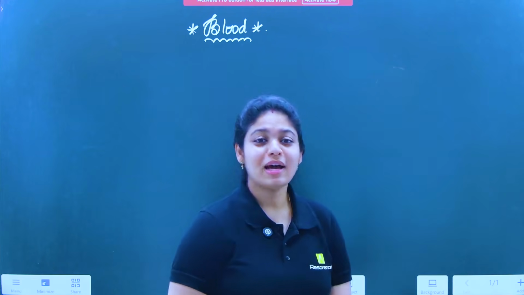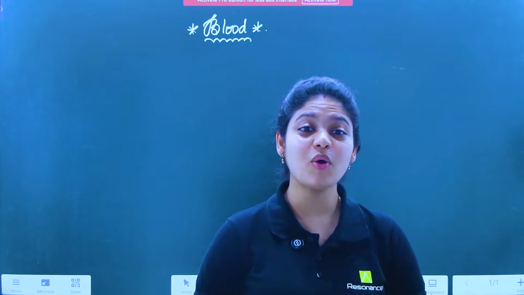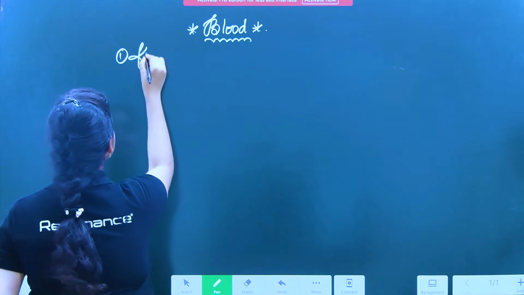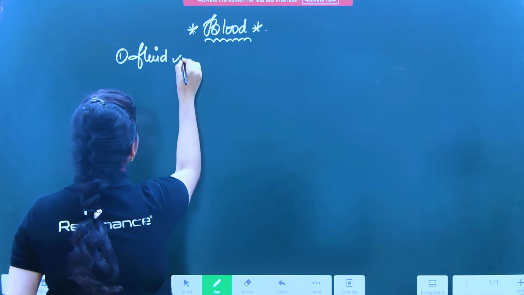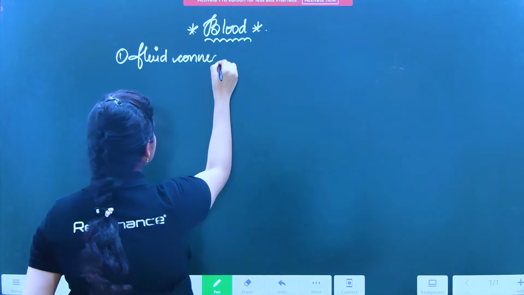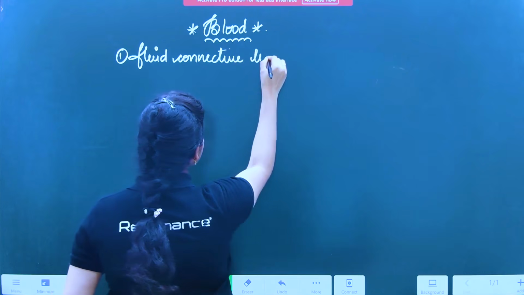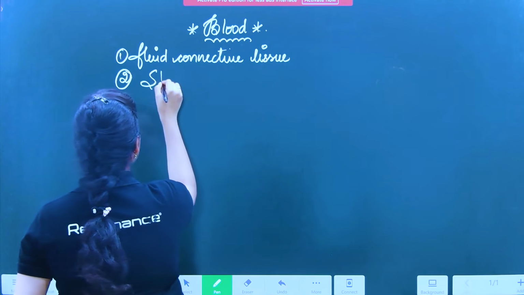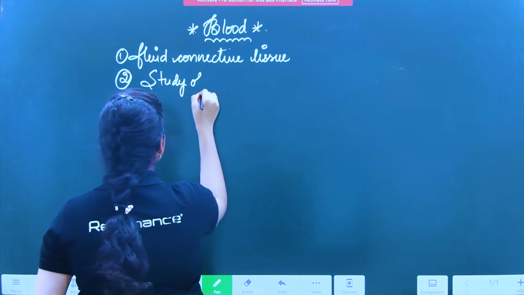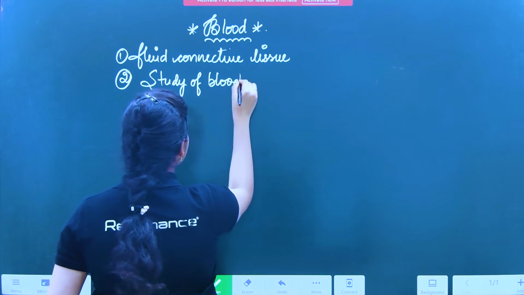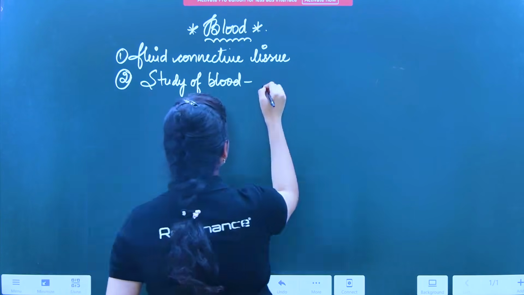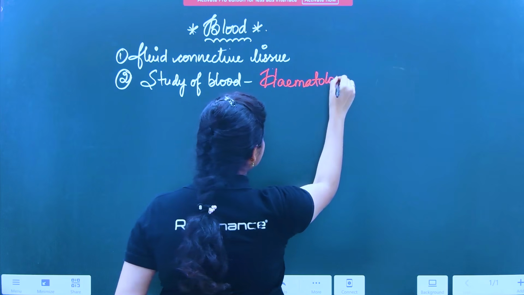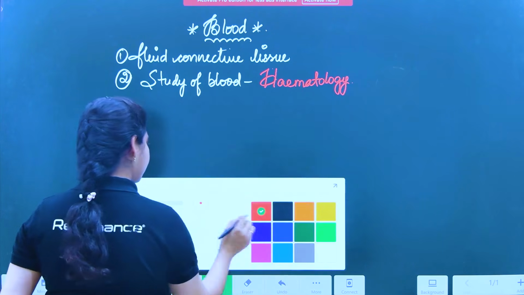Chalo. Now moving on to bio class. Composition of blood. What did I tell? Blood is nothing but fluid connective tissue. The study of blood is called hematology. Okay. Next,